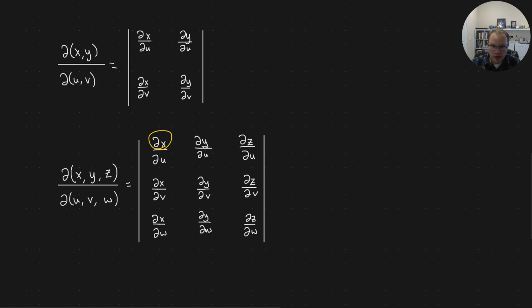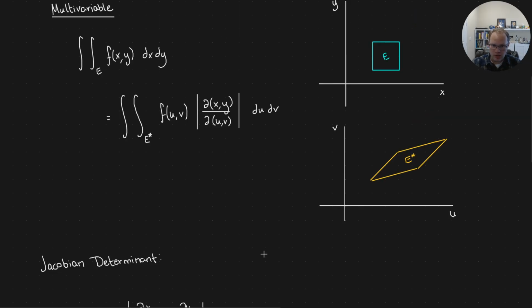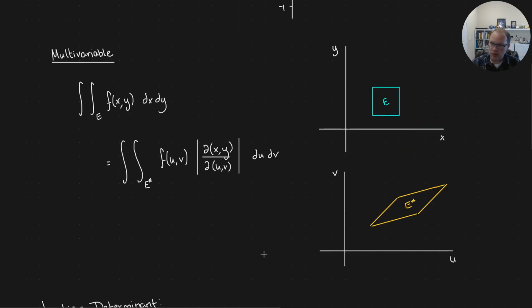Notice our old variables are always on top. Our new variables are always on the bottom. So we want to express our old variables in terms of our new variables and take the partial derivatives. Once you have the Jacobian determinant, either for a 2-variable system or a 3-variable integral, you want to make